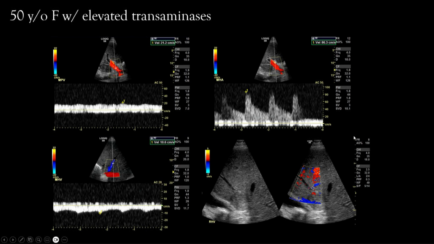Okay, so going on to other things that might affect the hepatic veins. This is a 50-year-old woman with elevated transaminases, and the main portal vein waveform looked okay. Not a ton of pulsatility, but that can be normal. The hepatic artery has a nice brisk upstroke and looks pretty normal there. But this is a really abnormal main hepatic vein waveform. Rather than the triphasic or quadriphasic appearance that we saw, we just have